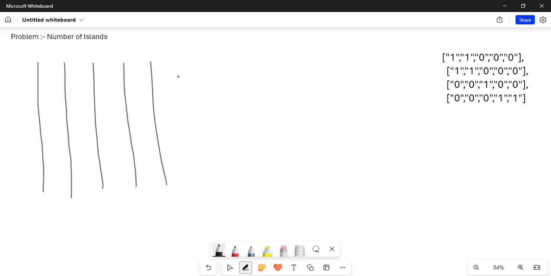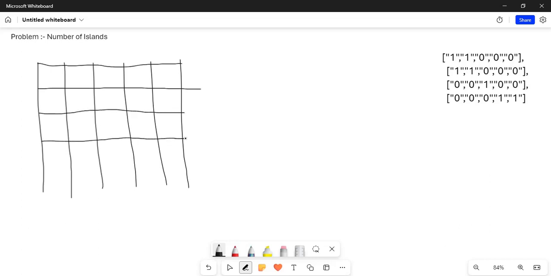This problem can be simply solved via DFS. While I am drawing this grid,